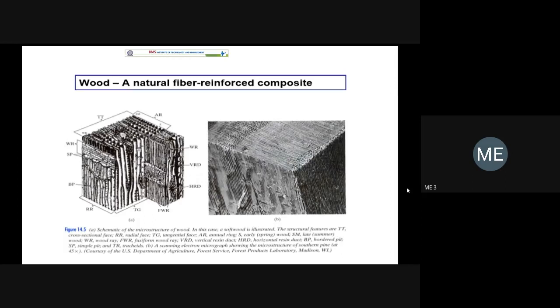One more example is the rubber tire, especially the heavy vehicle tire. It has rubber, and other than rubber there is steel wire. Thin steel wires are reinforced in the tires. So that comes under the polymer matrix composite. If you consider the percentage of steel wire and rubber, the rubber percentage is more. Hence, it comes under the polymer matrix composite.